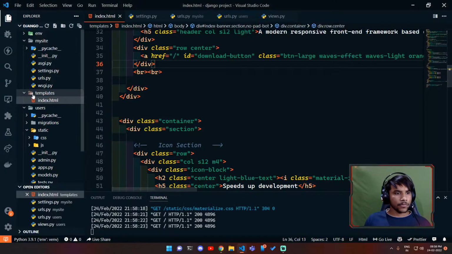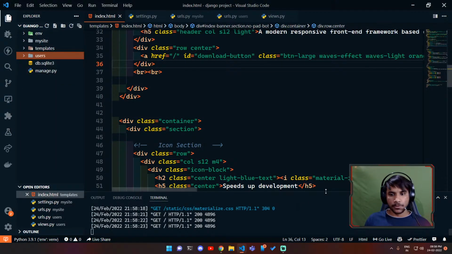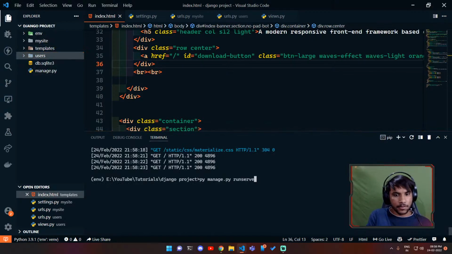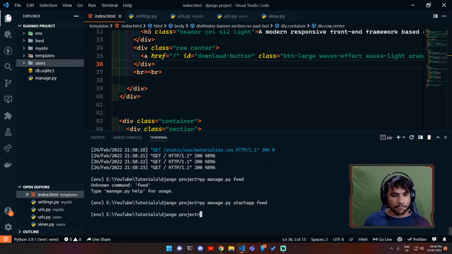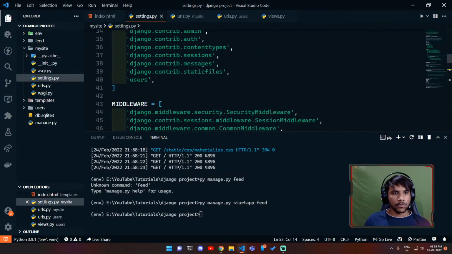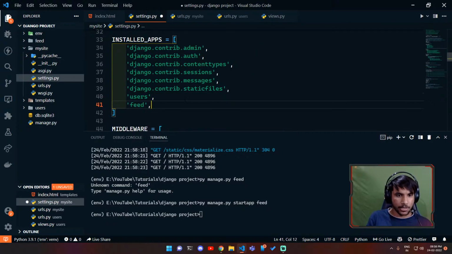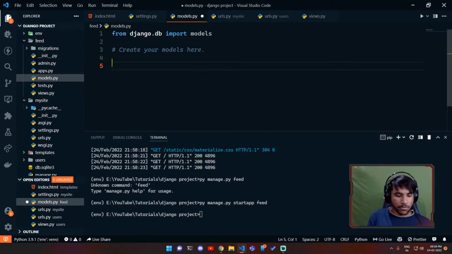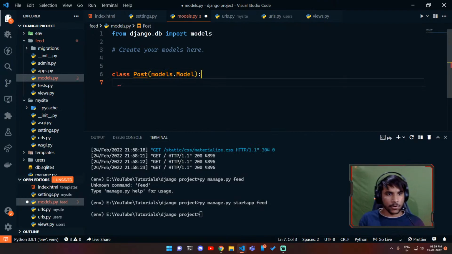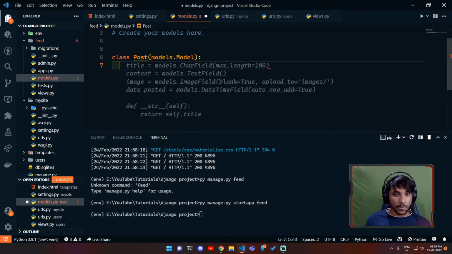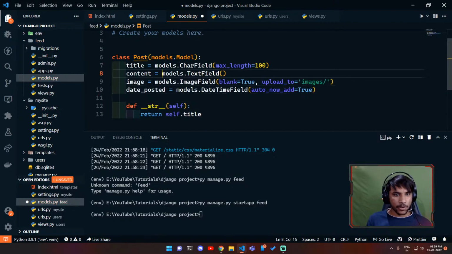Okay, so we have created users, and let's also create another app, which will be feed. python manage.py startapp feed. And we will let Django know that we have initialized this app. And in feed, let's make our first model class Post, and this will inherit from models.Model, and in this there will be a first field which will be title, and there will be a content field which will be a text field, and there will be an image field which